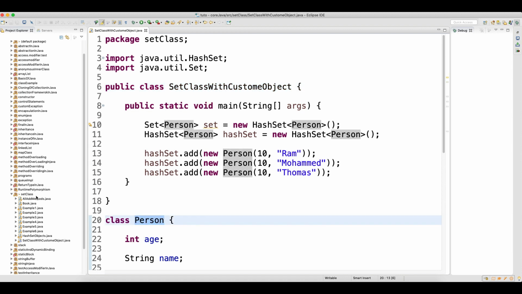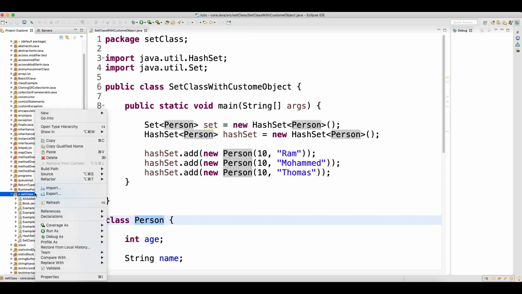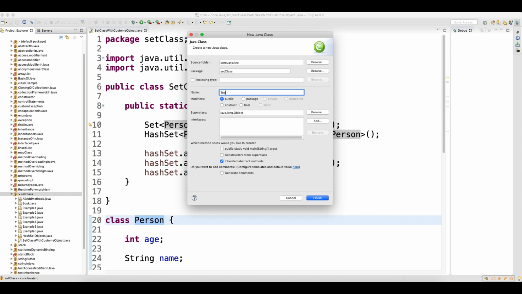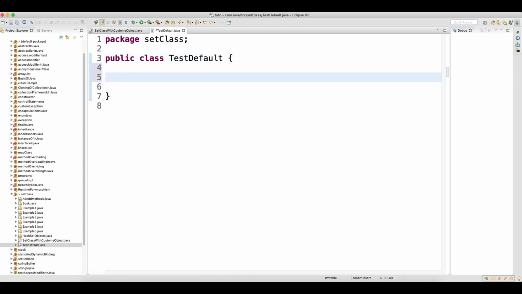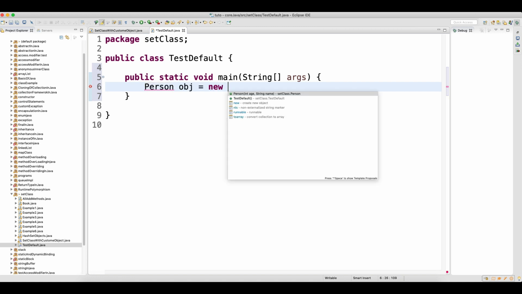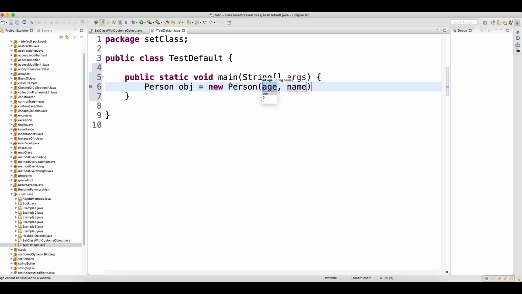So if I go here and write another class, let's say TestDefault, and here I write a main, and I try to make the object of the Person class, with 20 and 30, one is a string, right?